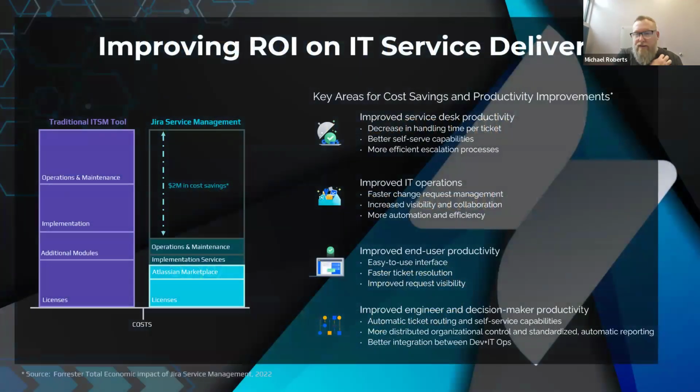Now, there's another component of some of Atlassian's documentation, but they actually have comparisons of a traditional ITSM tool versus JSM. And so you can actually get this information from the Atlassian website. But I found that it was really important to highlight that this Forrester study, which this comes from, identified organizations can save